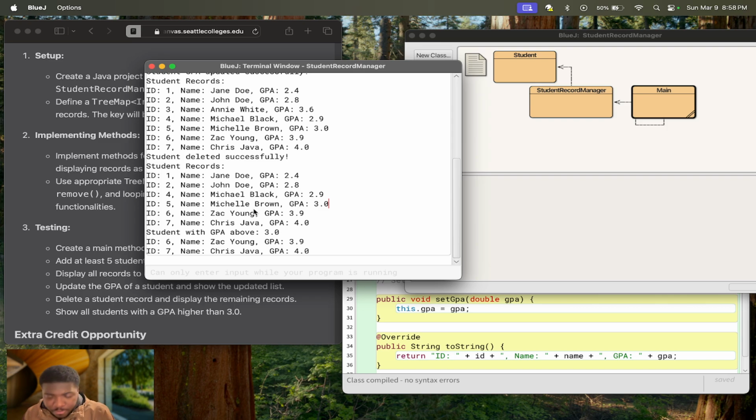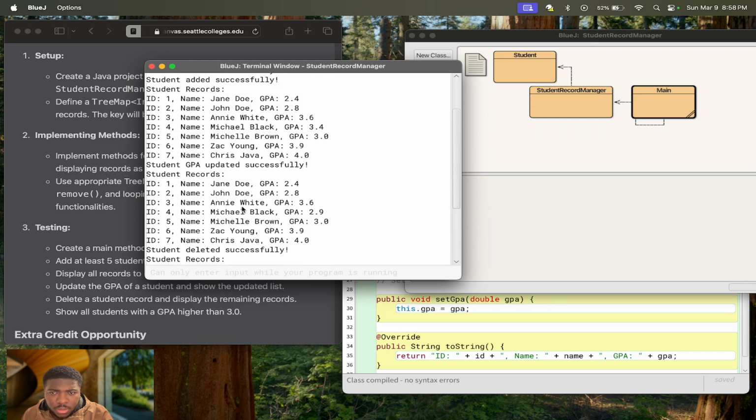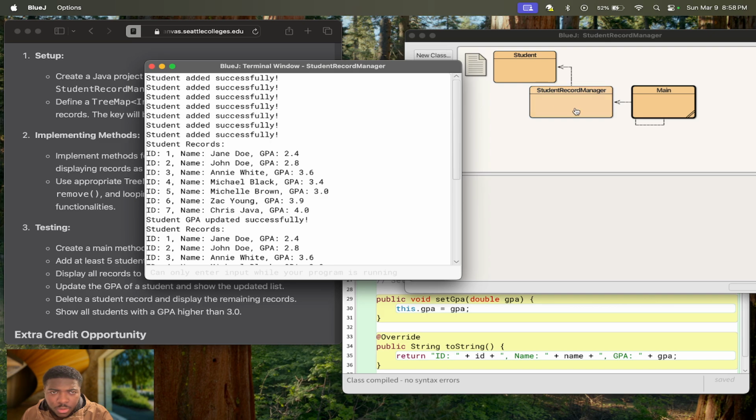Okay, and we have ID, ID1 name Jane Doe. I mean, the program is working so far. I just need some better visual UI